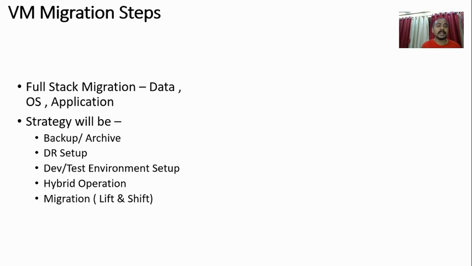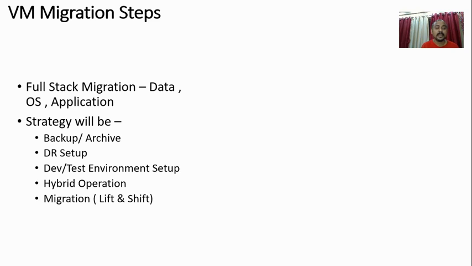And the strategy normally for this full stack migration would be, first you define your backup or archive process: when the backup would happen, at what frequency, what is my RPO and RTO. Then the DR setup that you define, what would be my DR policies, right? And then you define your dev test environment setup, how many dev environments, which all QA environments that you want